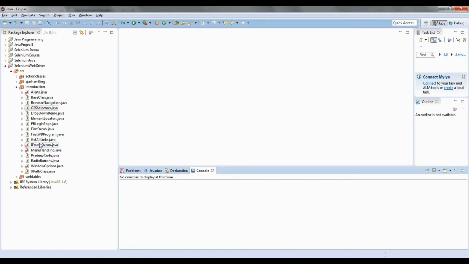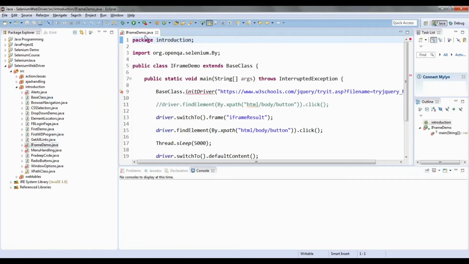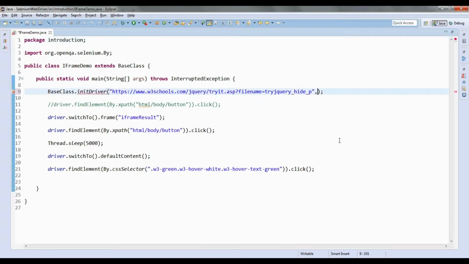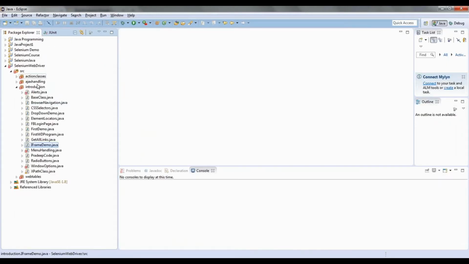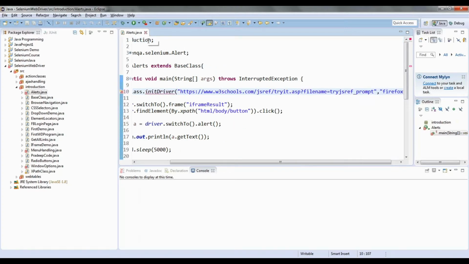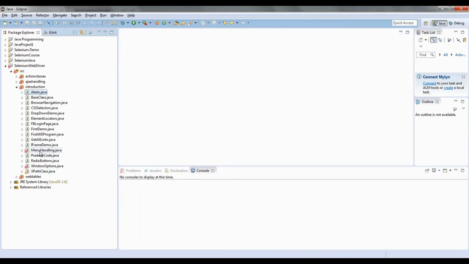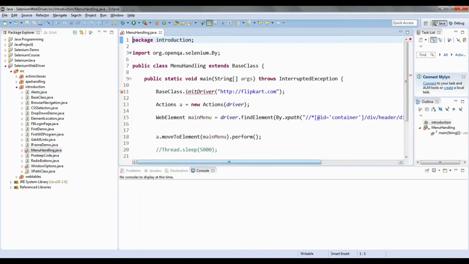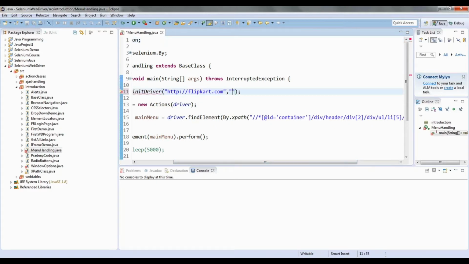Here, everywhere I will pass whichever browser I feel like, so that it should not give me an error message. Firefox. So here also, Internet Explorer everywhere.